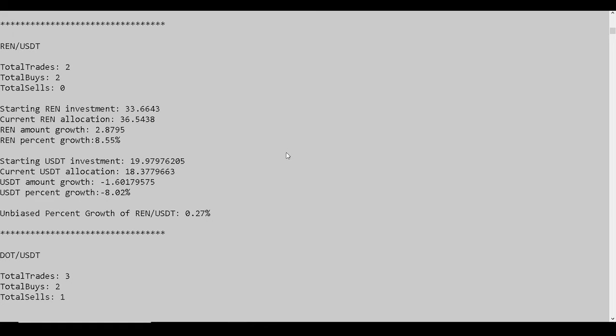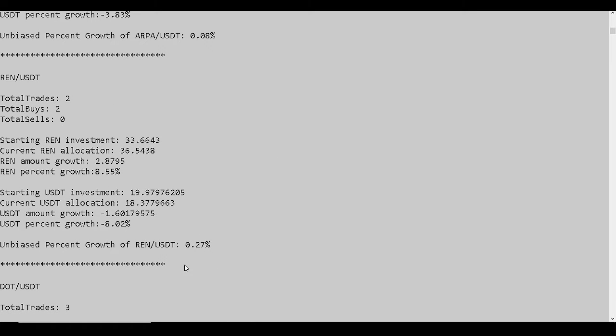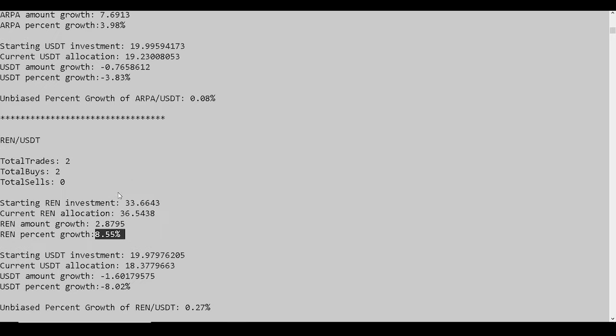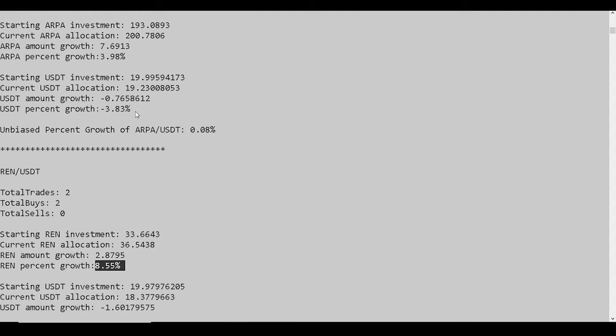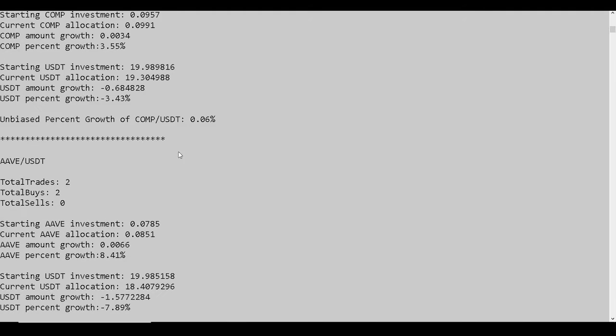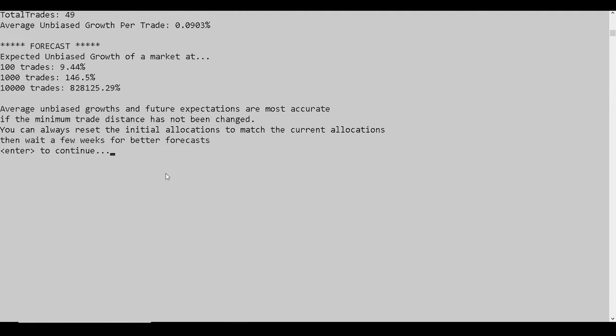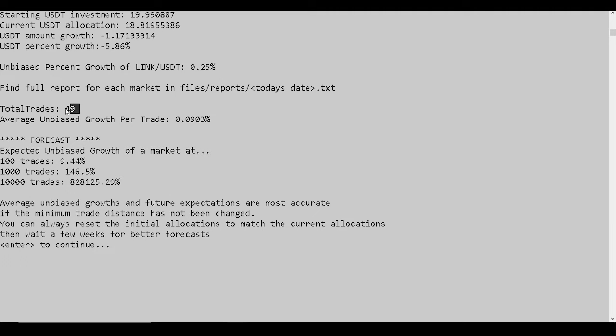And I can scroll up and show that for every market I'm trading, there's a growth report like this that shows an unbiased growth. It shows individual growth. I've got 8.02% less USDT and 8.55% more REN. And that'll be true for every market that's gone down in price that has more buys and sells initially. And then at the bottom, you've got the forecast. And so the forecast is based on this. There's been 49 trades. The average unbiased growth across all markets is almost 0.1%,